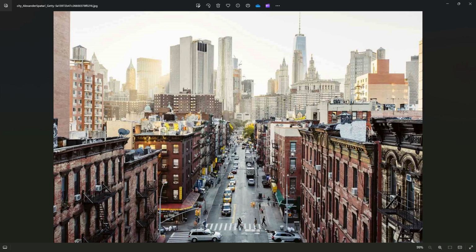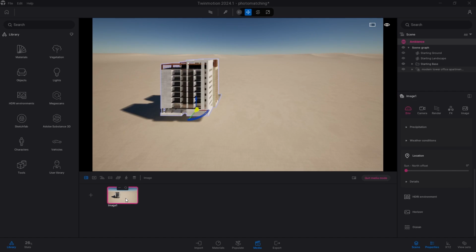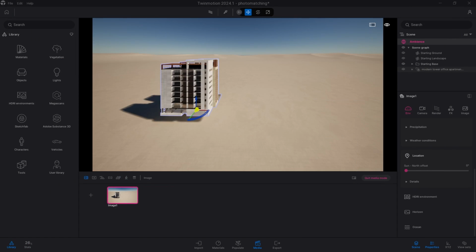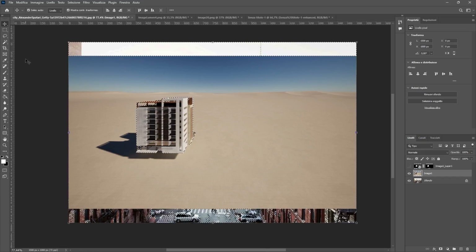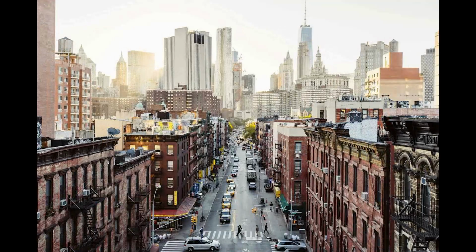Render layers also allow you to create photo matching with relative simplicity. Assign a single layer to your entire project, create an image that is oriented similarly to the photo of which you want to perform the photo matching, export the renderings, and at this point, in a software like Photoshop, overlay the created render with the real image.